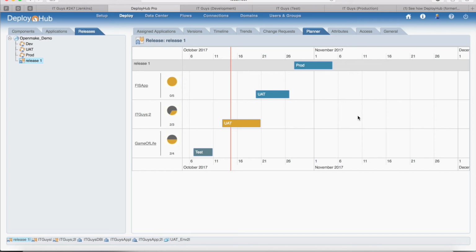So this tool not only allows you to visualize what's outstanding at an individual application or component level, but gives you the burn down chart, but also collects all that information into your release. And bearing in mind that DeployHub would then automate the deployment of the release whenever you want, either automatically or on demand. So that's a quick overview of the release planning tool